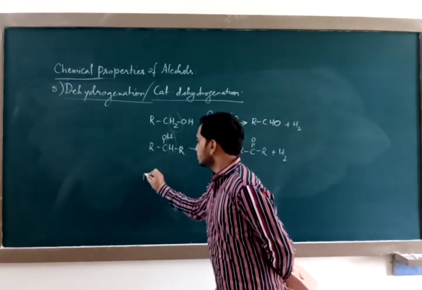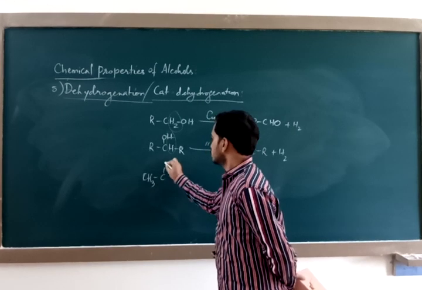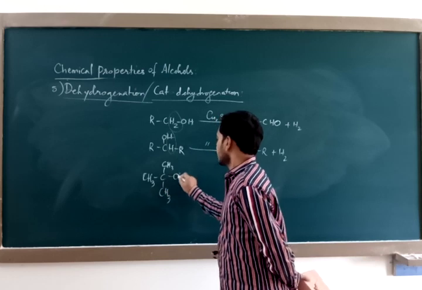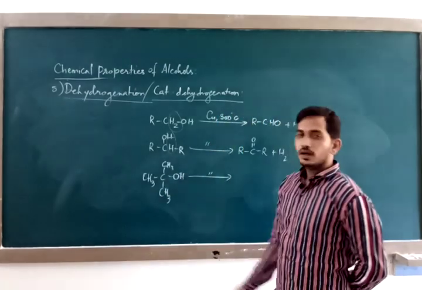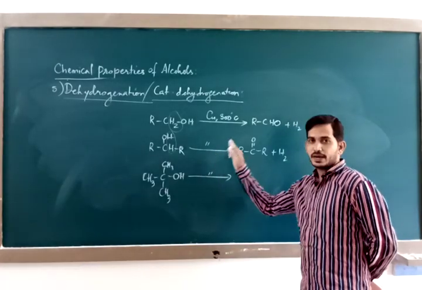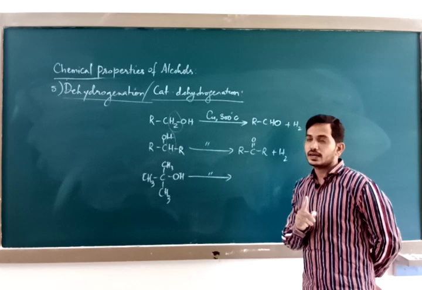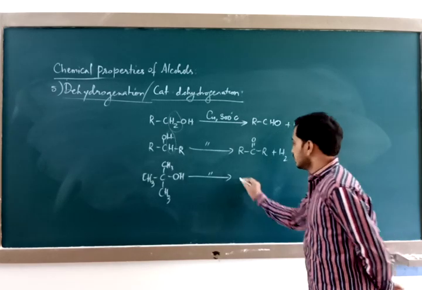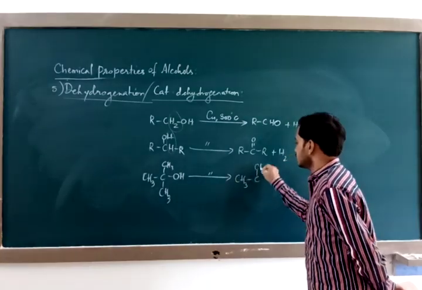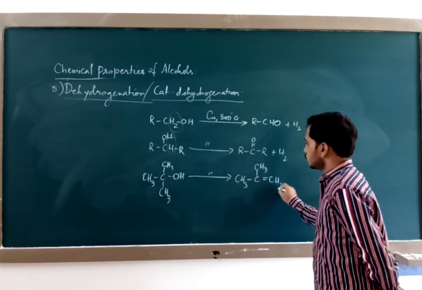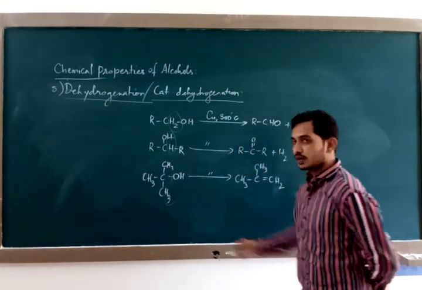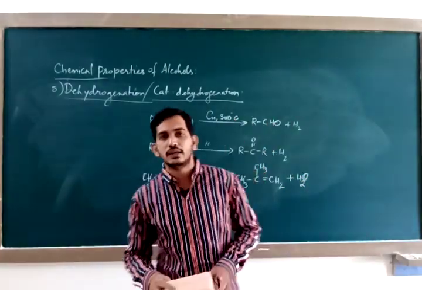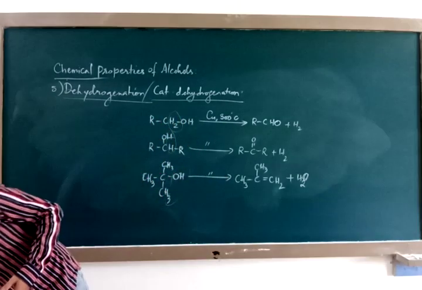Now what happens if you use a tertiary alcohol? A tertiary alcohol, when it is dehydrogenated using same copper at 300 degrees Celsius, you will not get either aldehyde or ketone. Instead you will get alkene. You will get CH3 double bond CH2. Remove one hydrogen from here along with water plus water. Very interesting set of reactions are there in alcohols, which is why it forms an important place in many questions